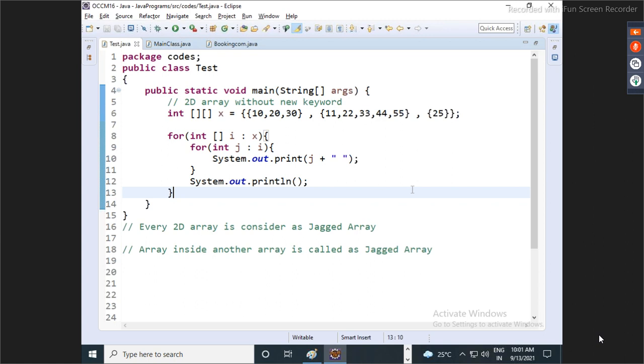Non-primitive two-dimensional array with new, without new. Assignment.